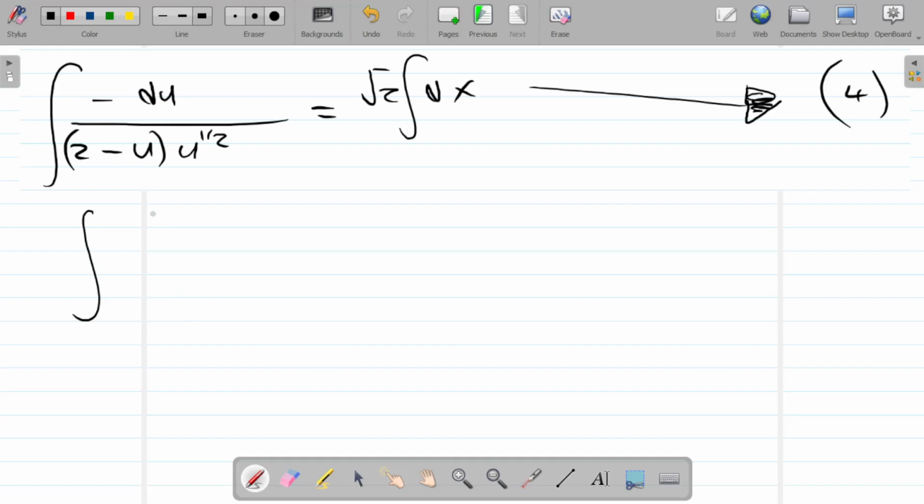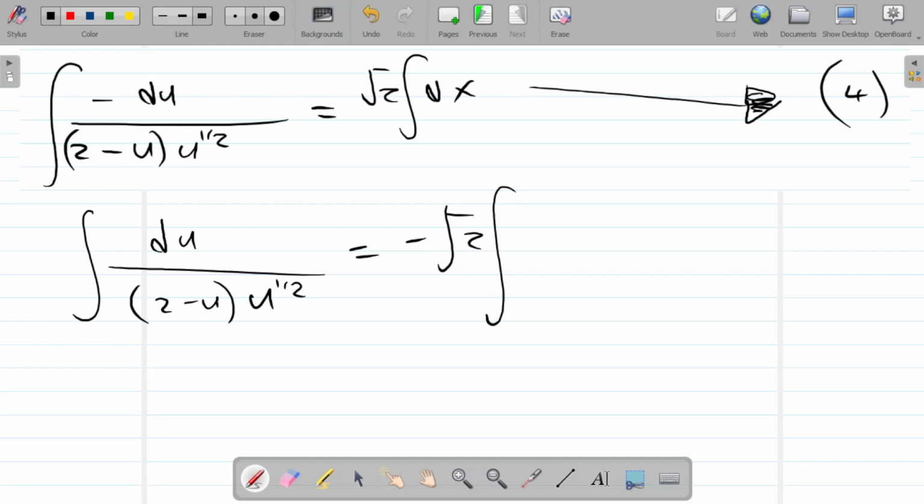So we can write the integral of du over (2 minus u) to the half equals minus root 2 times the integral of dx. I'm not going to put the constants in just yet, but what we're going to do is another substitution. So now, and I'll write this in red, now write